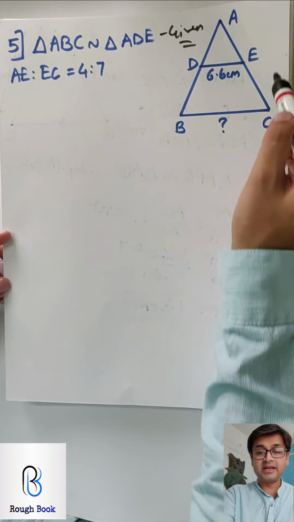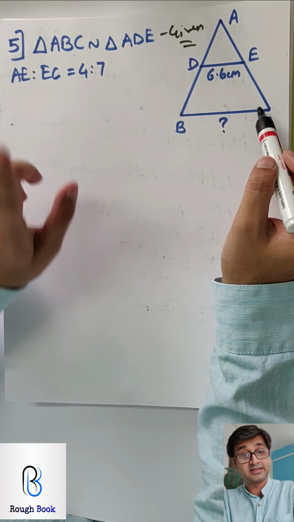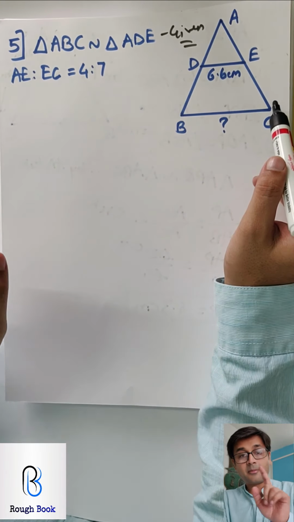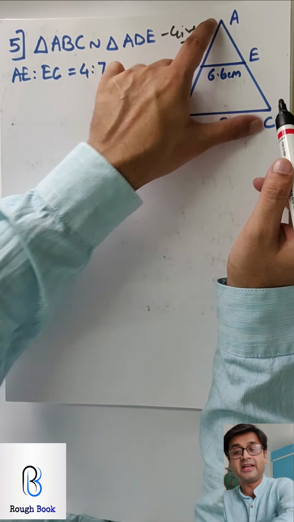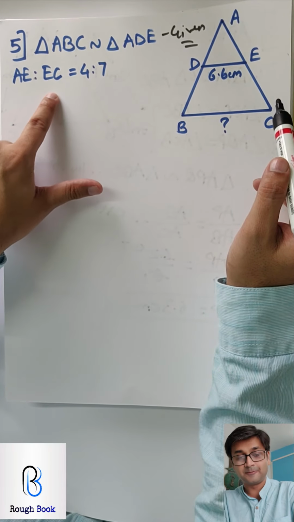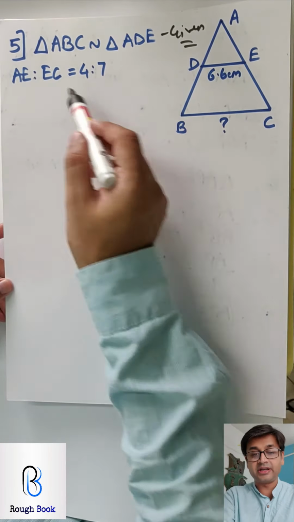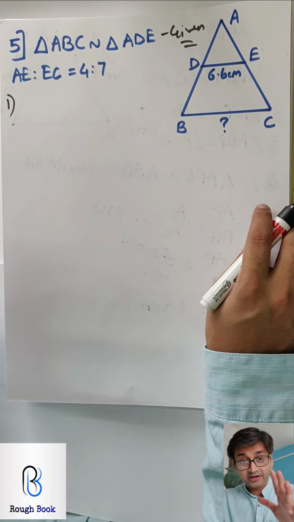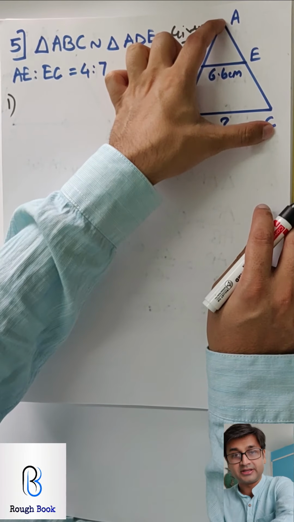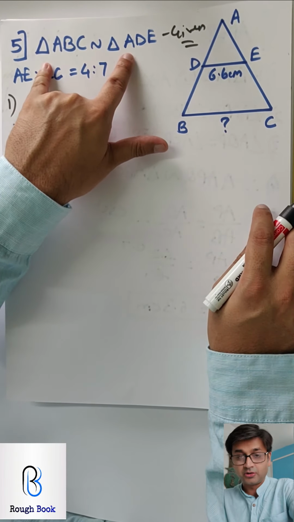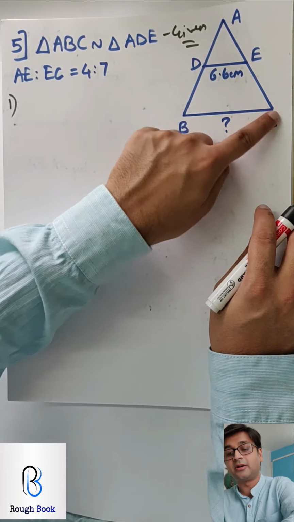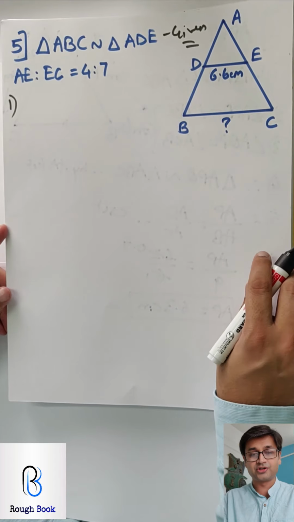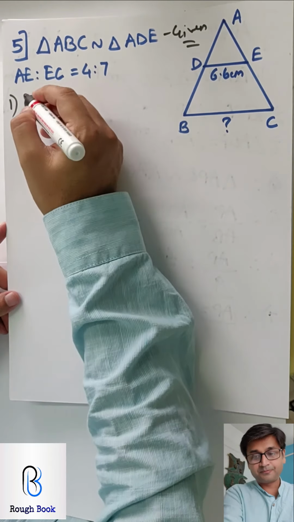So directly I can say AE upon AC, not EC, equals DE upon BC using this CSST. But before I go there, I need to find AE upon AC. I have AE upon EC. So what are you going to do to find AE upon AC from here? Very good. X method. So what are you waiting? Come on, hit it. Use X method, get AE upon AC. Triangles are already similar, no need to do that. Directly use CSST, AE upon AC, DE upon BC, get BC. I think about 5-7 steps you will finish it. Come on, let's see if you can finish before me.